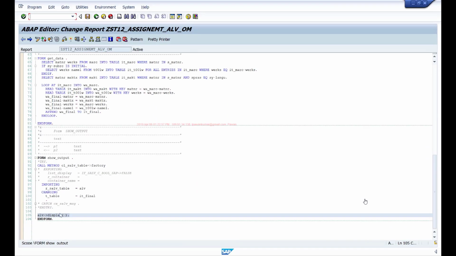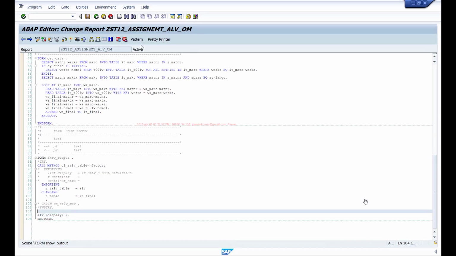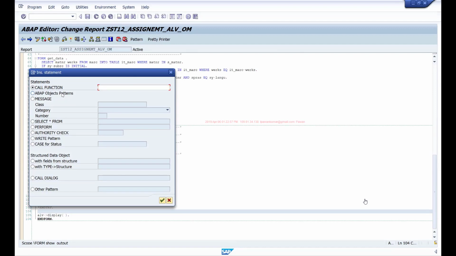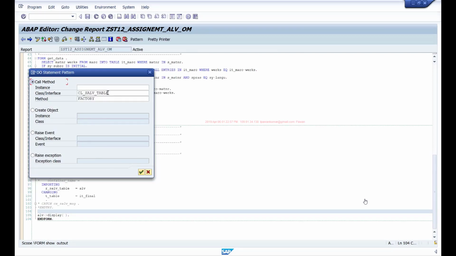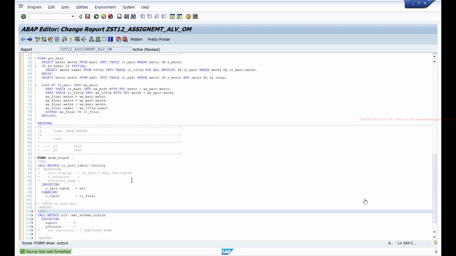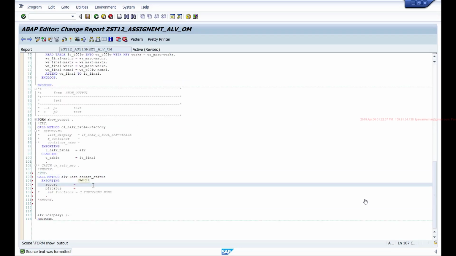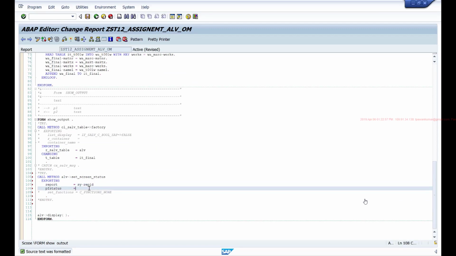Before calling this display method, I'll call that set_screen_status. ALV is my reference, then set_screen_status. To this method, we'll pass our program name, and I'll pass this standard full screen PF status which we copied previously.